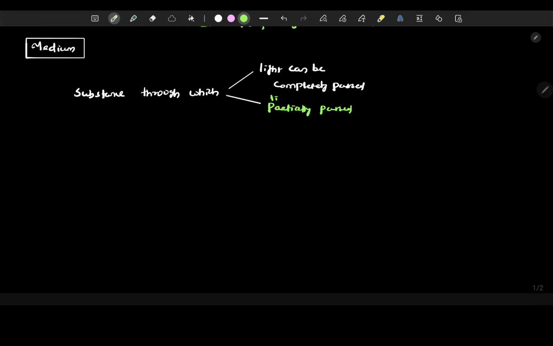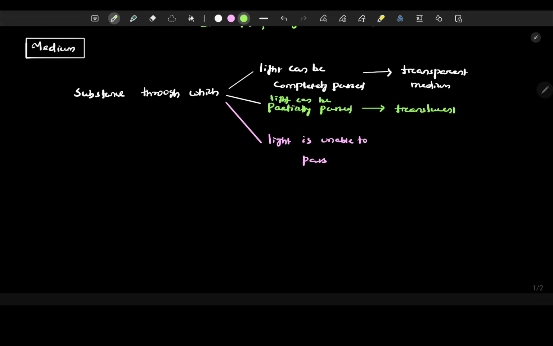Here we have to say light can be completely passed, partially passed, or third one is light is unable to pass. That is called medium. And remember one thing, the substance through which light can be completely passed is called transparent medium. Next, partially passed is called translucent medium. And third one is light is unable to pass, that is called opaque surface